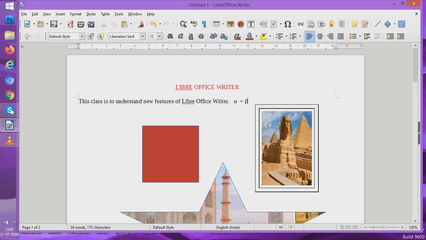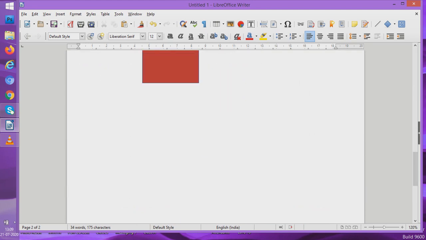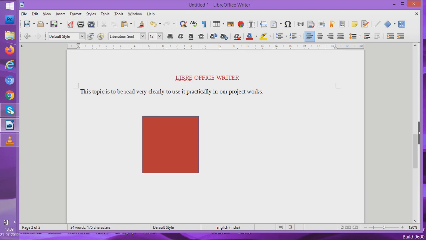So these things are known to us. Now we'll go forward and we will understand how to actually insert tables. So let us come down. I have come down. Let us try to insert a table.